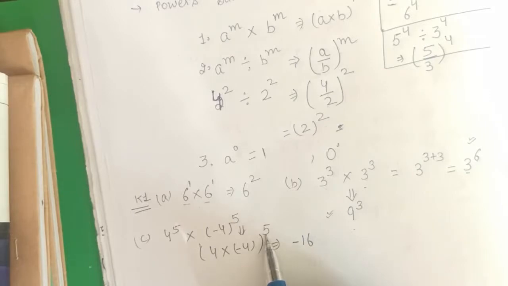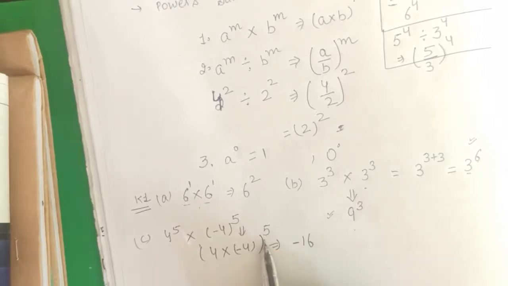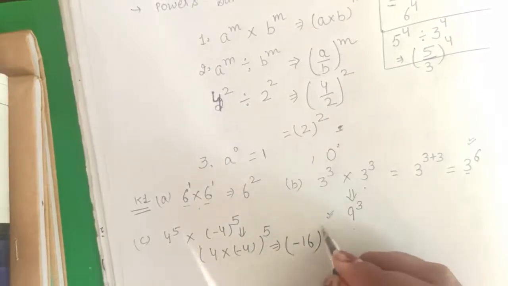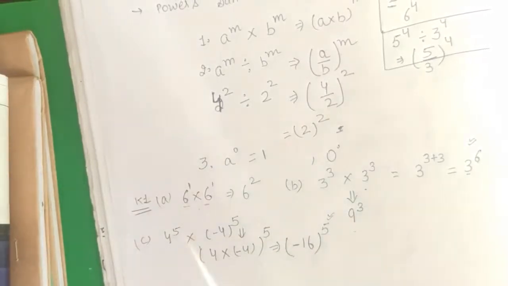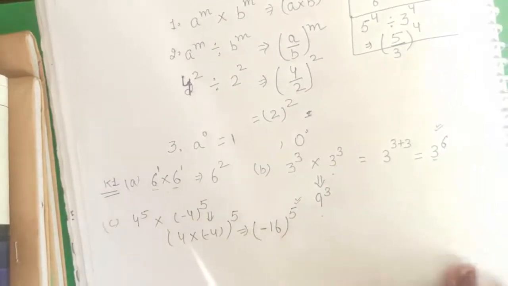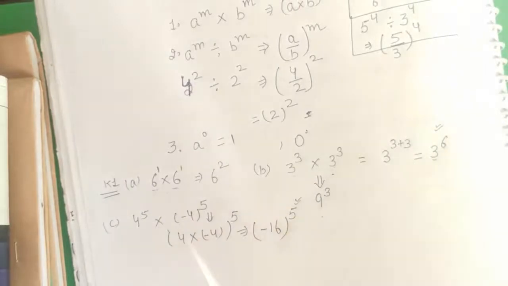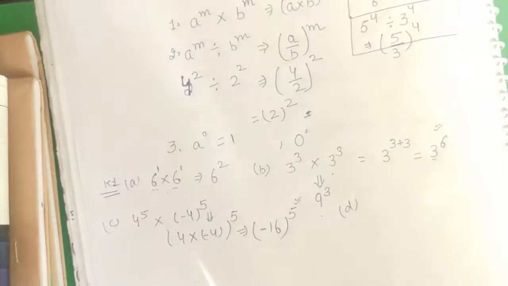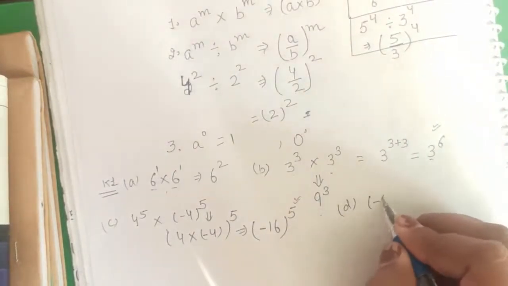जो पावर है बच्चे वो किस में है? odd numbers में. If this power is in even number, then this minus sign will remove, but now the power is in odd, so minus sign will remain same. Minus 16 to the power 5. What will come here? Minus 16 the power 5. Clear? Now come to the D part, that is minus 6 the power 6